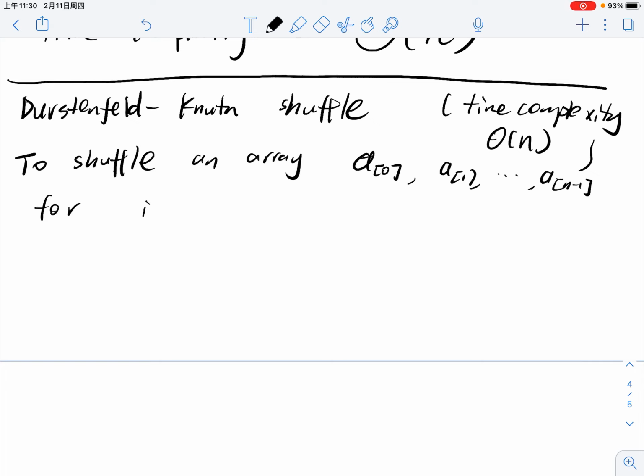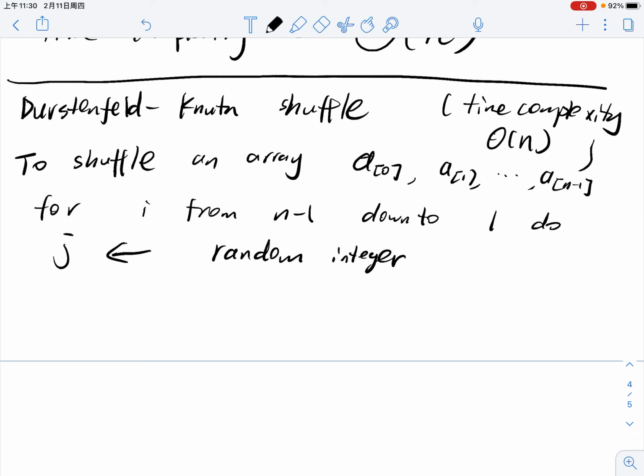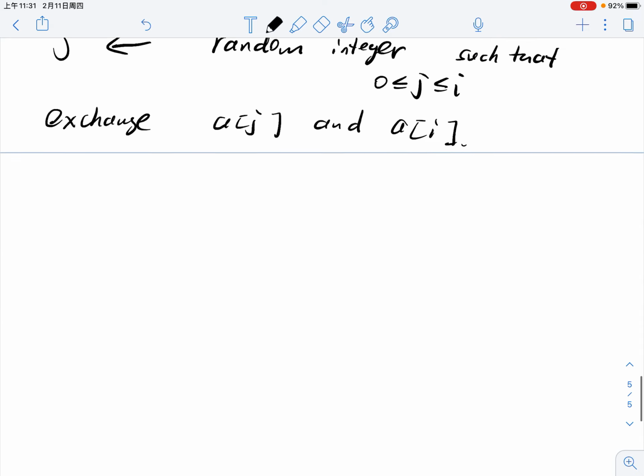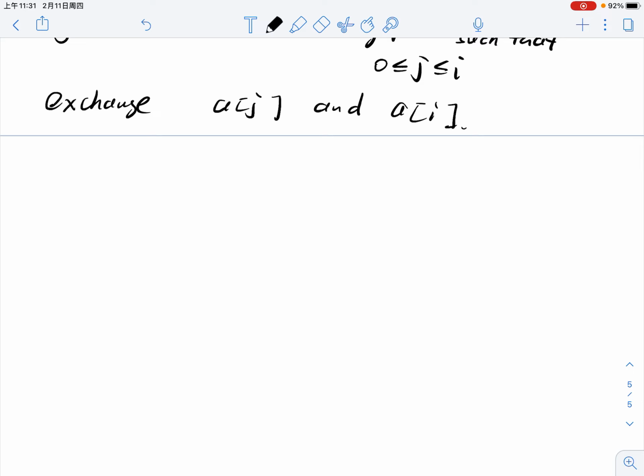We do for i from n-1 down to 1: choose a random number j such that j is between 0 and i, and then you exchange a[j] and a[i]. This is from Wikipedia, and it's just pseudocode, and it's better to understand it